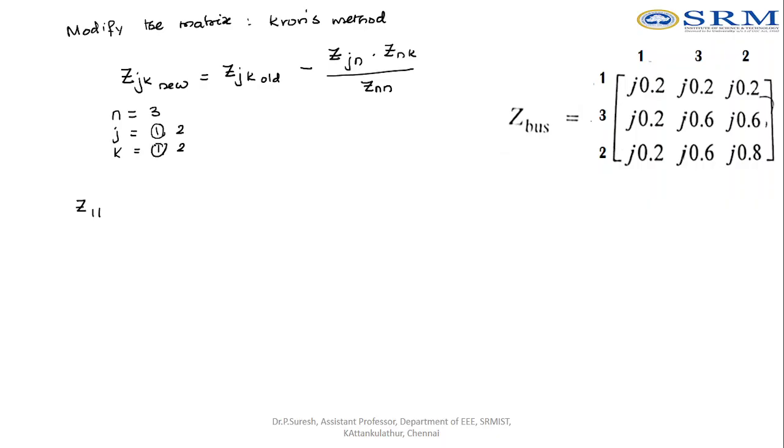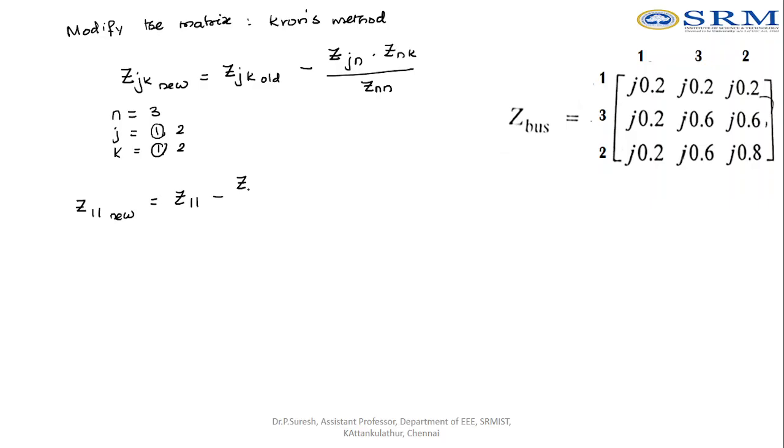If you substitute the j, k and n values in the previous formula, I will get Z11 new is equal to Z11 minus